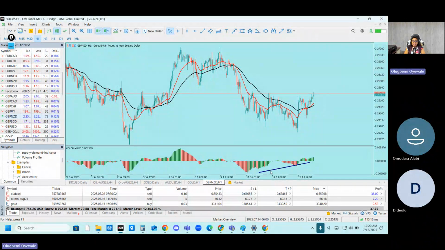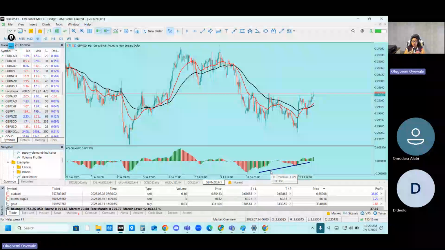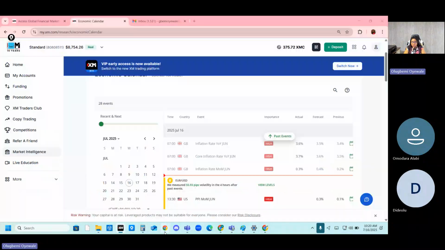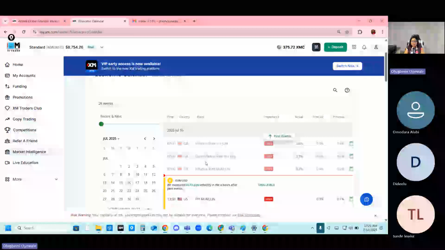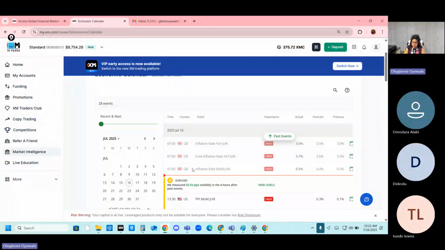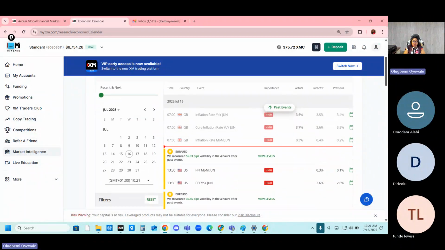Now, I have an idea what is happening in the news, or maybe what time of the day that news is going to be. I necessarily don't need to over-analyze and say, oh, what is this inflation going to do to the price and all that. I do not need to know all of that before I can trade. What is important is, the reason you have to check this is because the market,